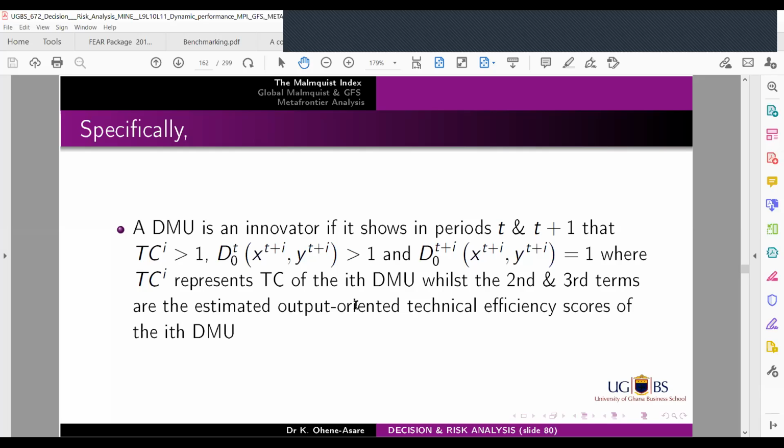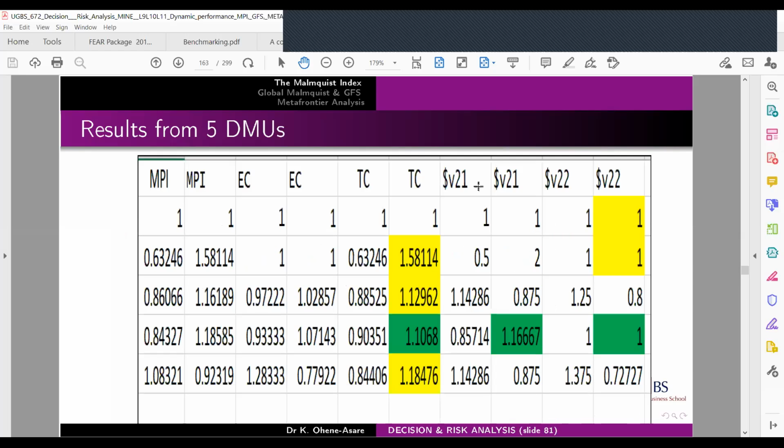So we need to go back and check which firms, and I'm going to use the distance functions for these firms here. So watch here. What is it? This is a distance function, but we are going to take the reciprocal of that, efficiency. So this is a firm in year 2 relative to the frontier in year 1. That's how I actually interpret it. So when you look at all of these ones, the one that is greater than 1 is DMU